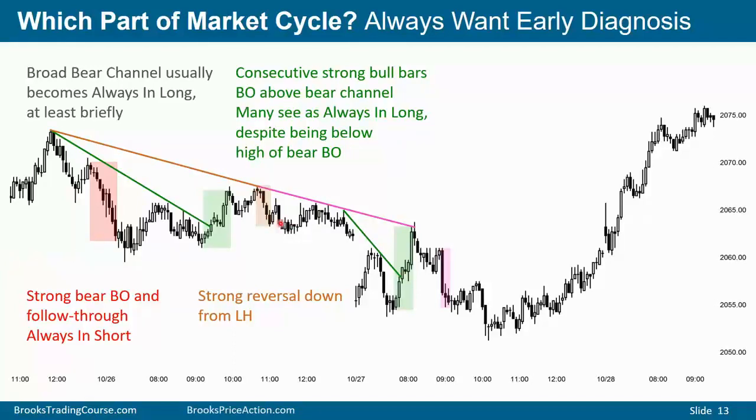We have a reversal down here, a reversal down here, so you can draw a line across these two highs, and then see what the market does when it gets to that pink line. Here it went a little bit above and reversed down. The bulls were hoping for a higher low and a bull trend, but here the bulls gave up and the bears took control again. So the market is back to always in short, even though it was always in long through here.